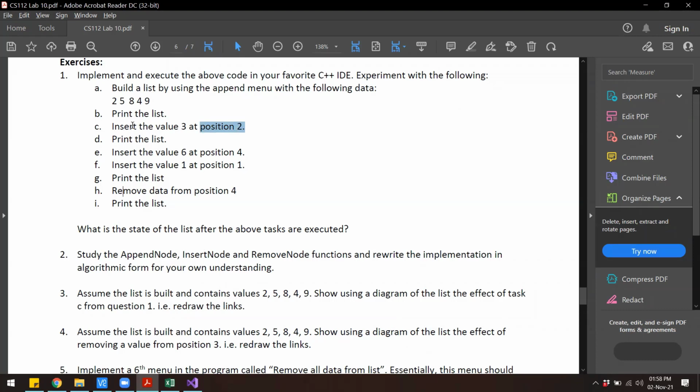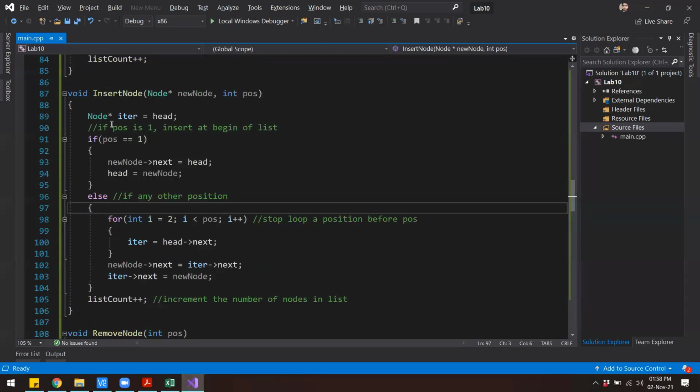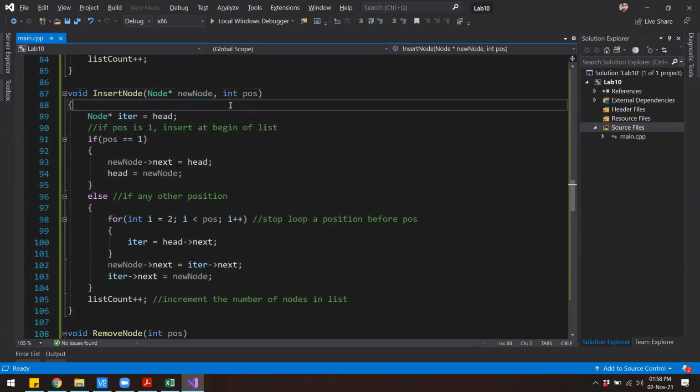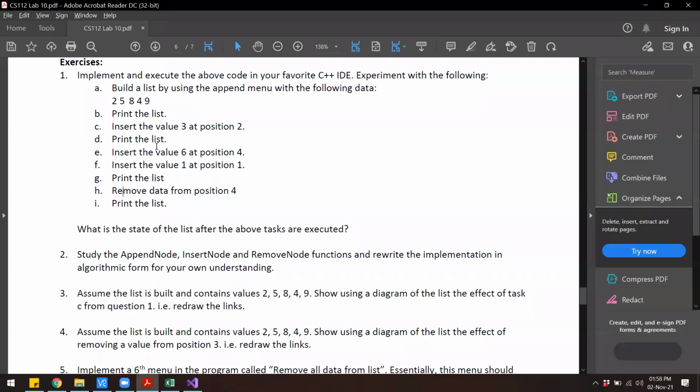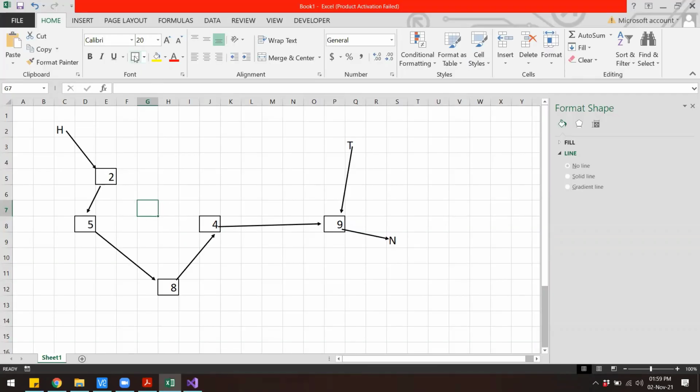So I have this node ready. So let's say I have called this function, and this function will take a node and a position. So let's say the node that came to this function was the node with the value 3. So the node that came to this function is this node with the value 3, and now I want to insert this node at position number 2. That means it will go after the first node.